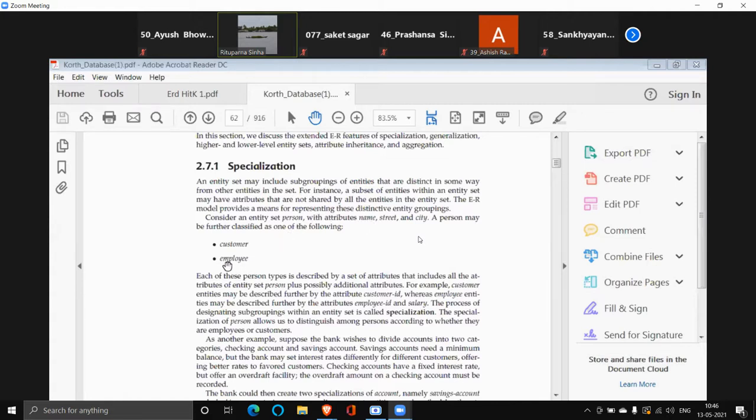And the employee table will have its own special attributes like employee ID, salary, date of join, other things, and name, the primary key of the person table, will also be attached to the employee table. Now, if I attach the primary key of the person table to the customer table and also to the employee table, then the relationship between person and customer is established, and person and employee is also established.